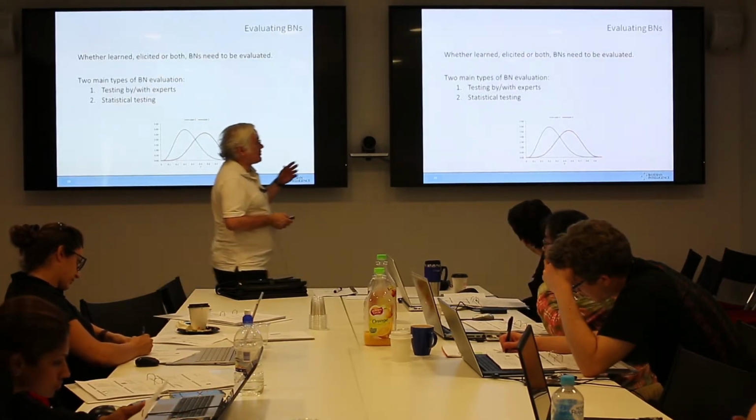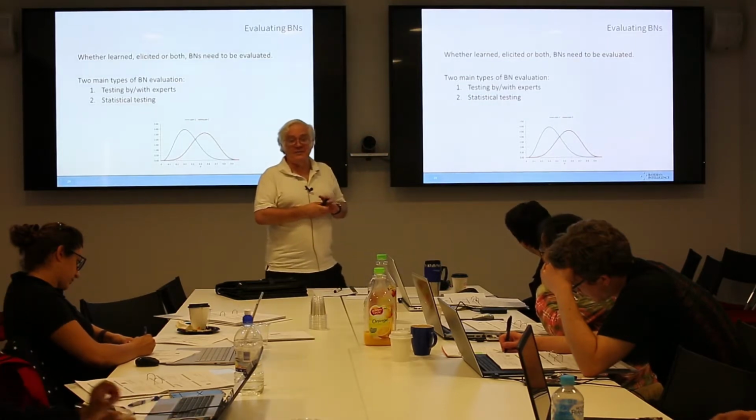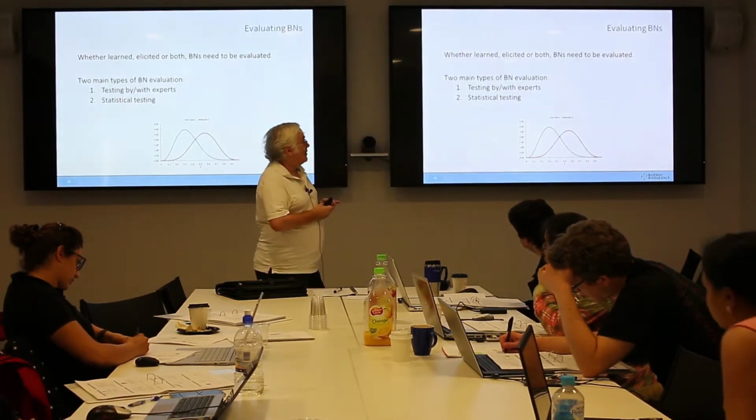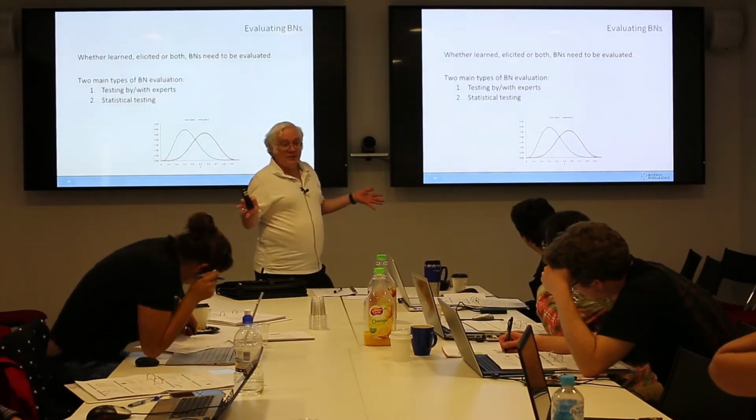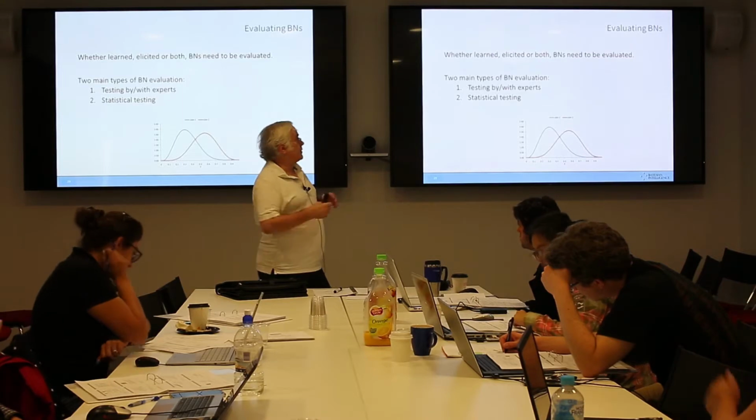So none of these slides are referring to BARD, right? These are all pre-BARD slides, effectively. So it's the more general problem of evaluating Bayesian nets. How do you do it?